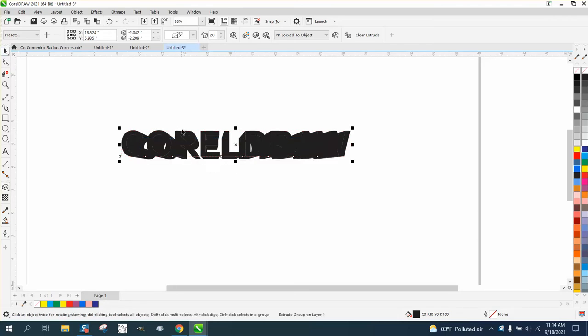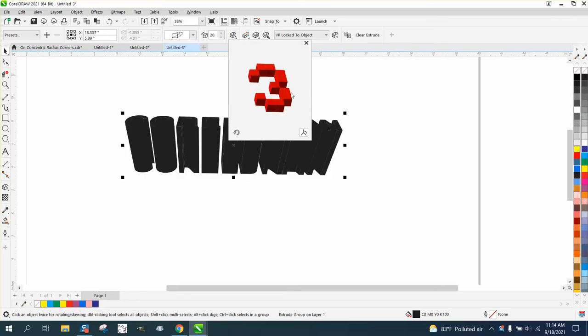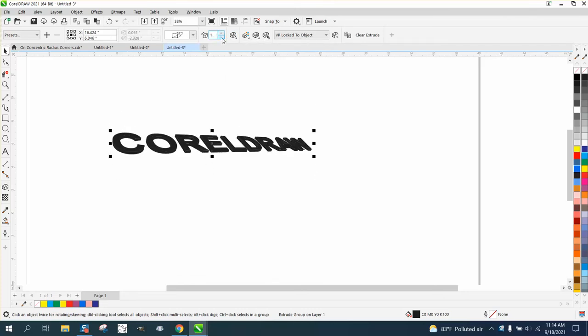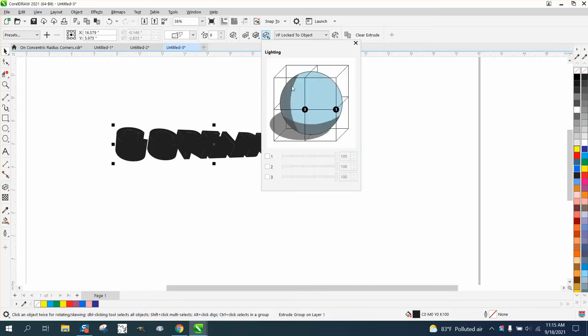Once you have the Extrude Tool open, you've got this right here where you can rotate the extrusion. You want to angle it kind of like that. And right here, you can limit how thick the extrusion is. And what's so cool about it, you can go right here to lighting, and you can change the lighting